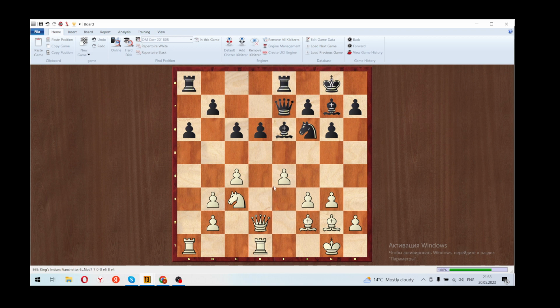Okay, and again, white has a clear positional advantage, no counterplay for black, very difficult to create some counterplay, and a very unpleasant position. Now a few words about a very important idea,